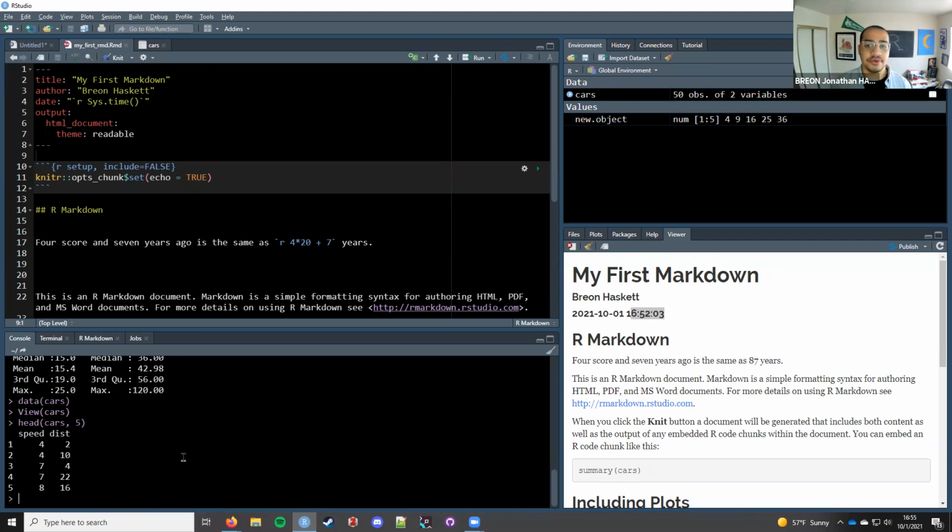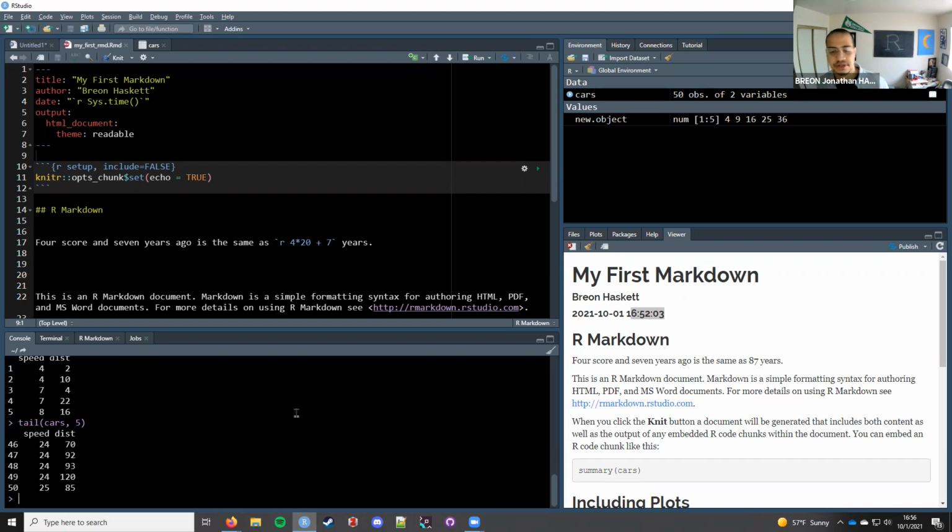This is really useful when you want to check if something has been done, but you don't want to View, because View will take a long time on really, really large data sets. Or you can say tail, cars, 5, and it'll show you just the bottom 5 rows of your data set.